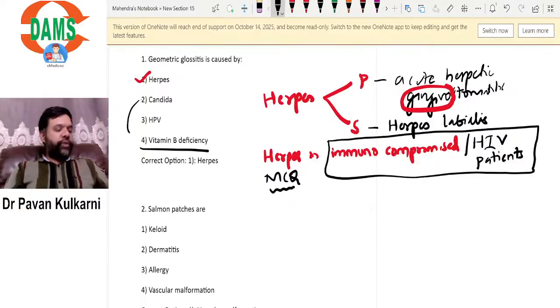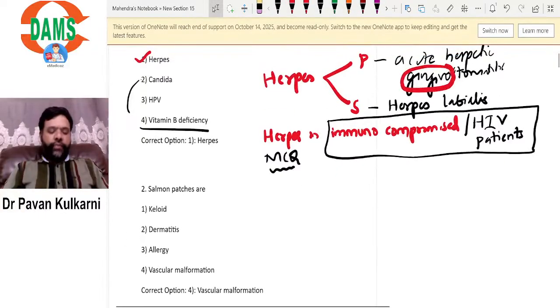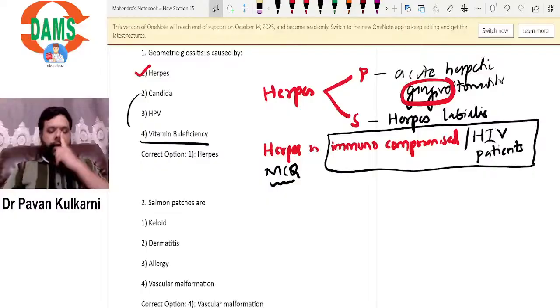Now let us discuss the second MCQ here. What are salmon patches? Keloid, dermatitis, allergy, vascular malformation. There are four options here. If you see this question, salmon patches are vascular malformation. Okay, fine. Now, what are salmon patches? Usually in children, it's a congenital thing. It's a vascular malformation that is usually seen in children, which is also sometimes known as